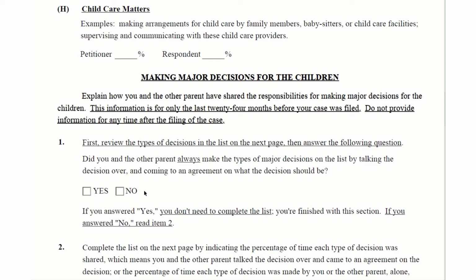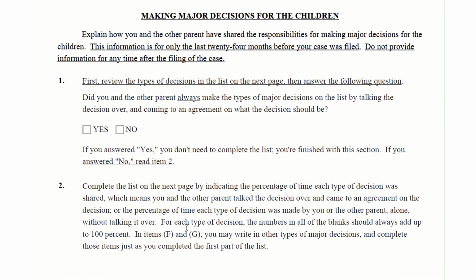If the parents didn't always do that, and one parent was making a lot of those major decisions and the other parent wasn't involved, then you would mark no. So if the answer was yes, and the parents were jointly making decisions by talking it over and coming to an agreement, then you don't need to fill out question number 2. But if you answered no here on question 1, then you do need to read on and fill out some more information. So question 2 basically asks,